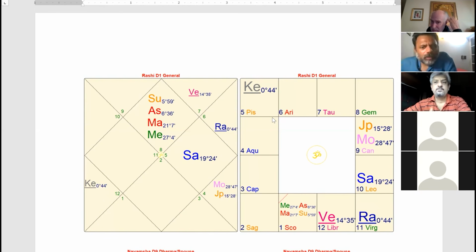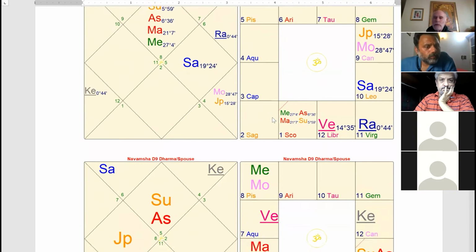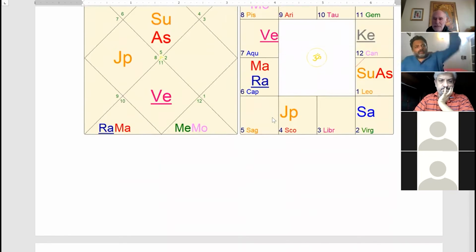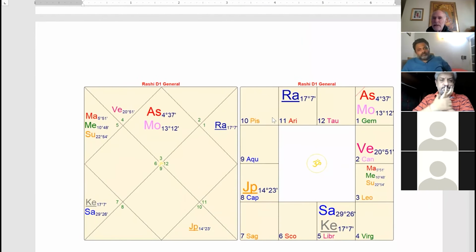And Mark, at the same time, even Rahu is placed very well for its significations, because Rahu is in the 11th house, in the Artha house. And this is a very good axis, the Virgo. Okay. So I want to go on because there are other charts I want to discuss. We spent probably more time than I really wanted to on this chart, but I want to go on here.